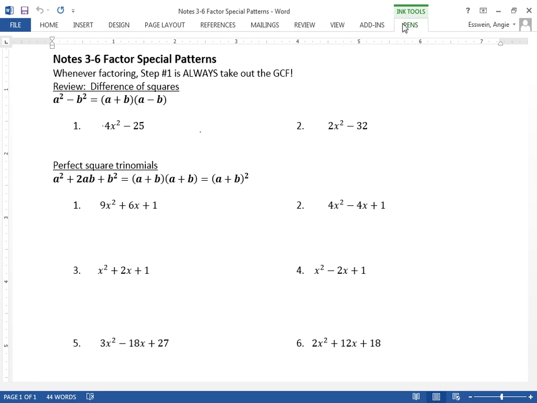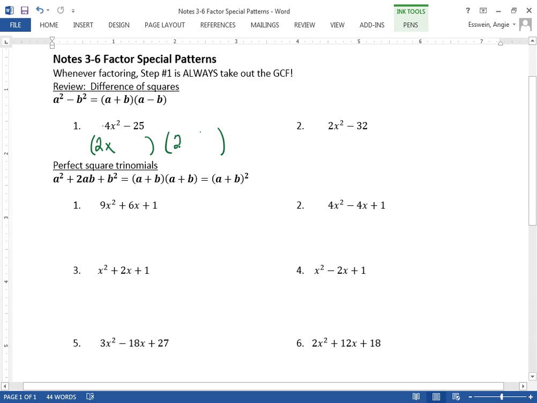This part here is review. A squared minus b squared equals a plus b times a minus b. So what are the solutions? We can go straight to the answers. We started this in unit 2. So what do you get here? 2x and 2x, right? And then what's the square root of 25? 5 and 5. And then does it matter if you do plus minus or minus plus? Does not matter. So we'll just do plus minus so it looks like the formula, but the order does not